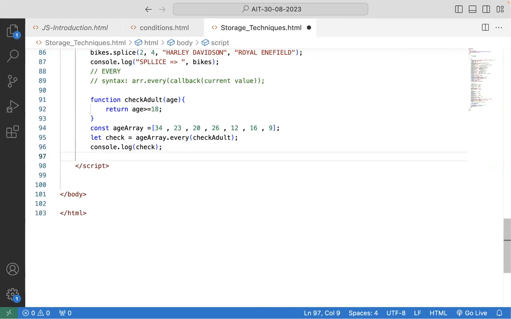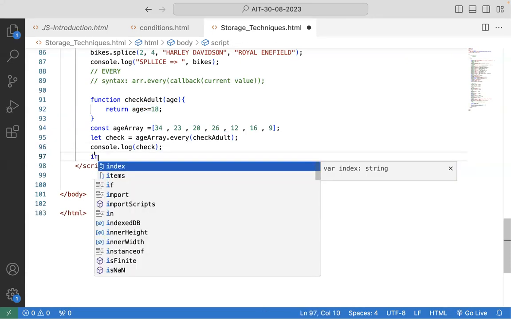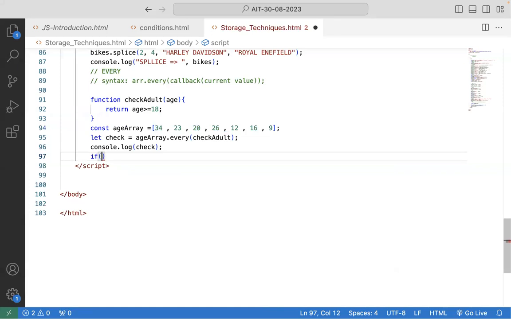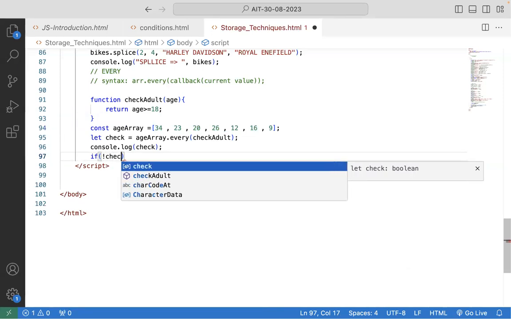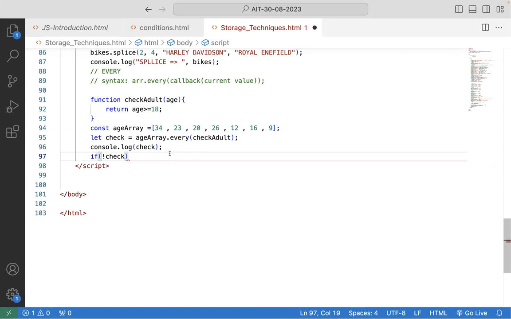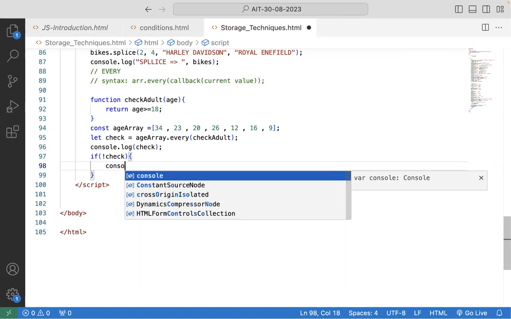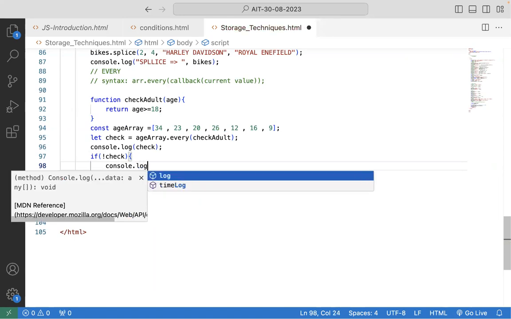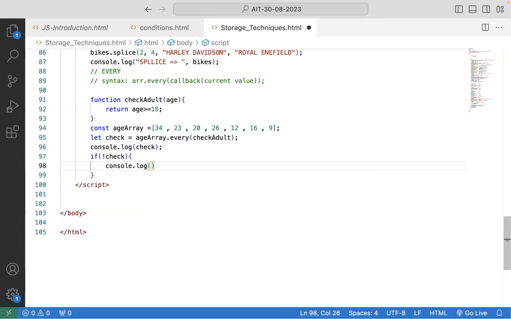So let me write one more thing, like if not check. What is this not check? Can anybody tell me? What it will do? I was asking you people. Exactly, so it is the opposite of check. So all must be